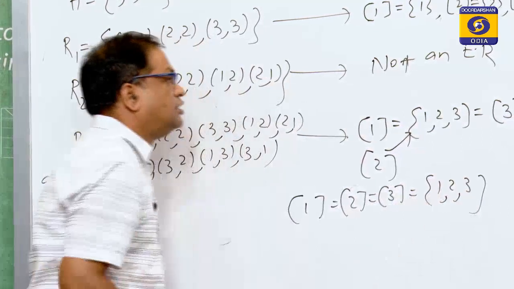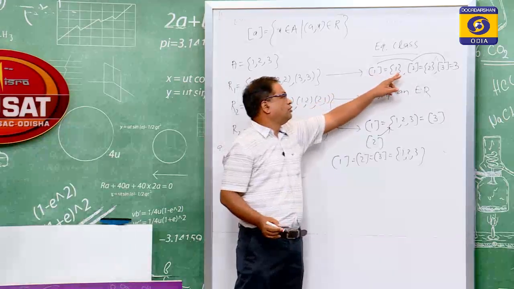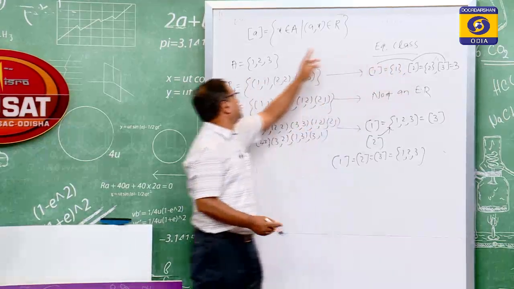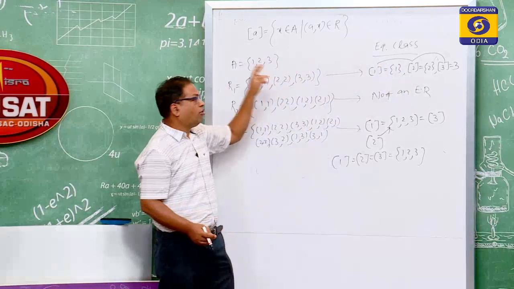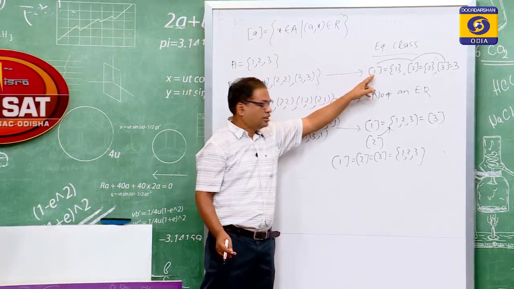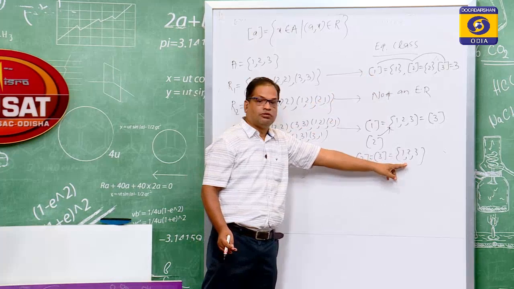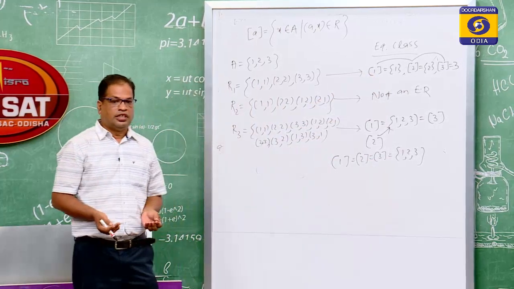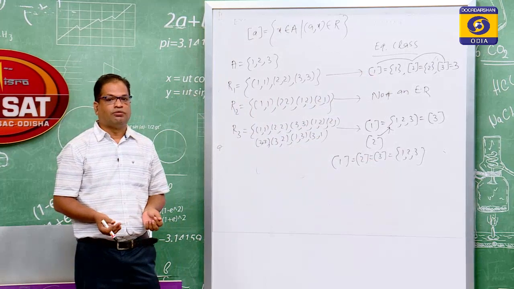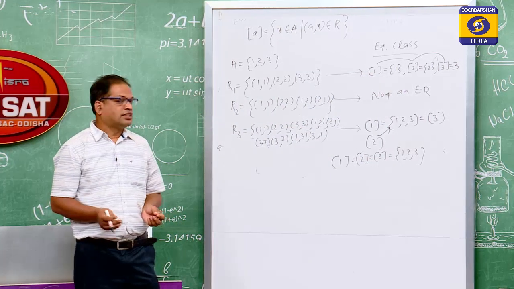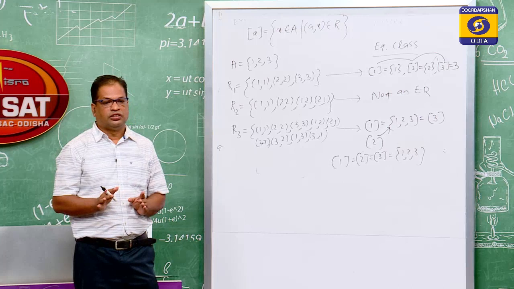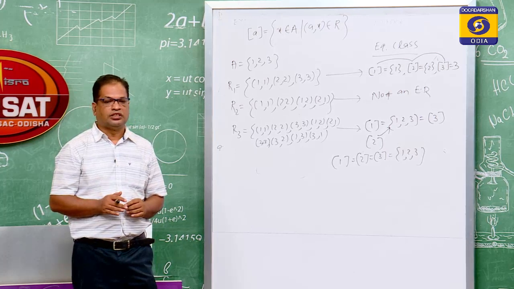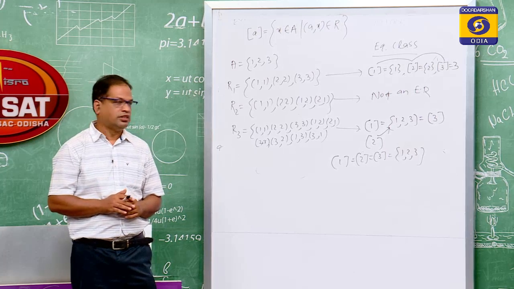You see here, in the earlier example there are 3 equivalence classes, their union is set A, and all the equivalence classes are disjoint. And here there is a single equivalence class, and automatically its union is equal to A. So, there are 2 important points you have to remember. 2 equivalence classes are either equal or disjoint, and their union is the whole set A, that means equivalence classes form a partition of the set.